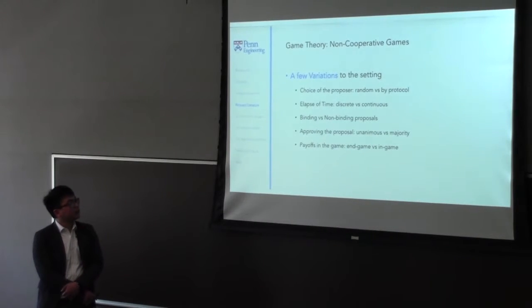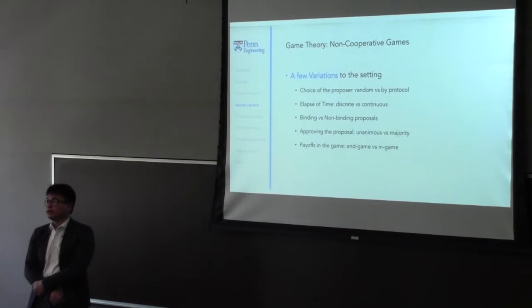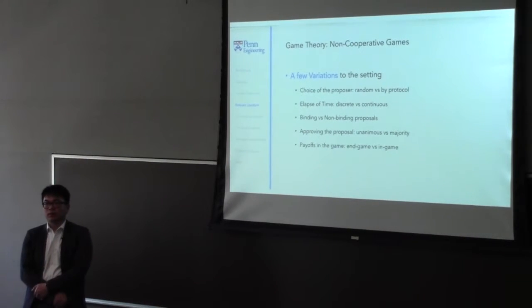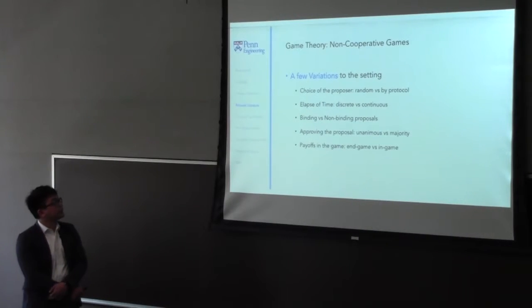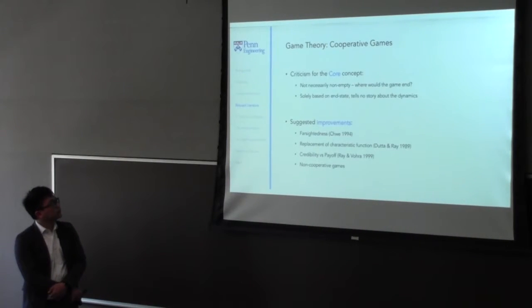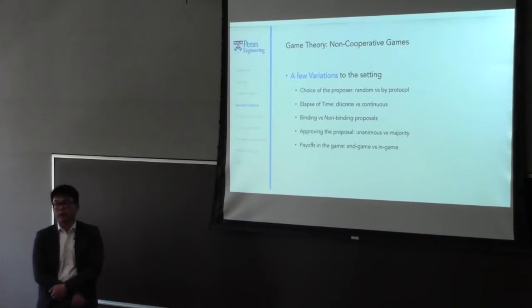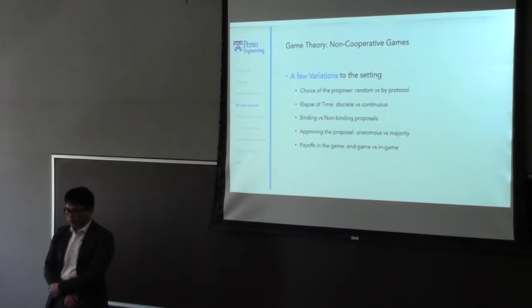And there's also the payoffs. Some of those have the idea of an end game payoff. So until you reach a core or stable state of the game, you get a payoff. Some say you get the payoff mid-game. But these variations don't really significantly change the way the equilibrium states would be. And many of those, except the earlier talked ones on farsightedness and also the replacement of characteristic functions, those variations within the non-cooperative games don't quite change those states.